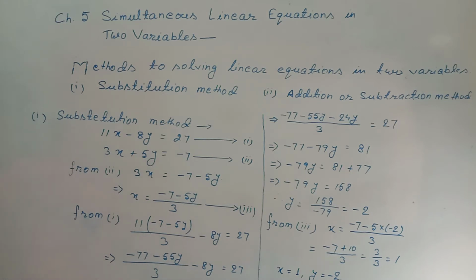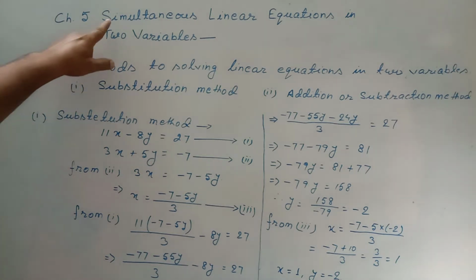Now after that I had explained why it is called linear. It is called linear because when you plot the different values of x, y on the graph sheet and you join all those points, then you will get a straight line. Due to this reason, this equation is called a linear equation. A straight line is indicated as a linear line, so this equation is named linear equations. Since there are two variables, therefore it is named linear equations in two variables.